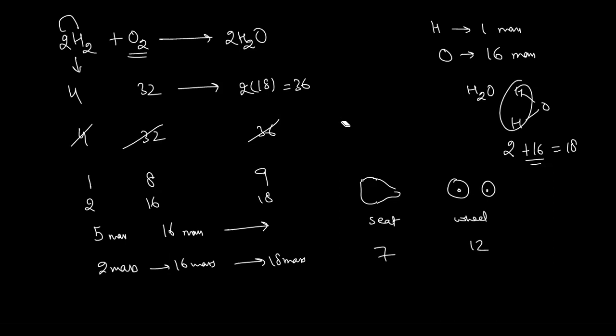So in a chemical change, or in a chemical compound, elements combine in a fixed ratio by mass. If I say ammonia, NH3, it will have 1 nitrogen and 3 hydrogen. Otherwise, if you have